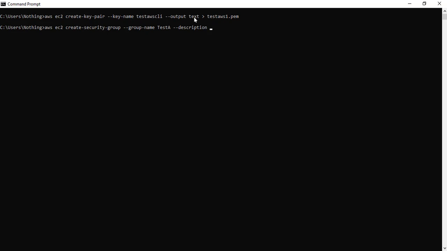So I'll call it, okay. So you get this group ID, and this group ID we will actually use it to configure our EC2 instance.